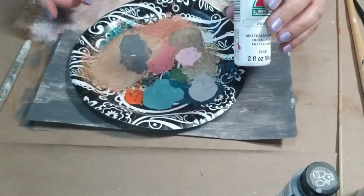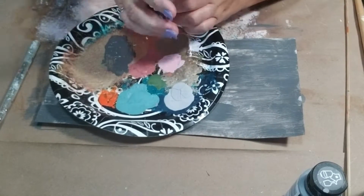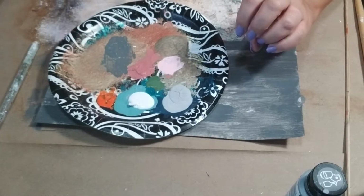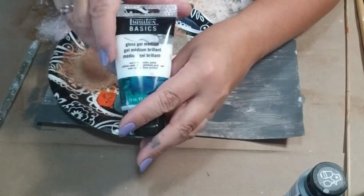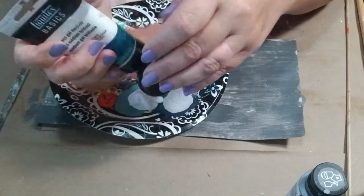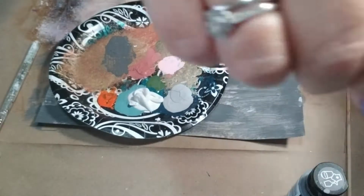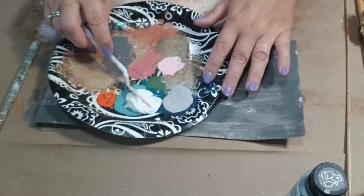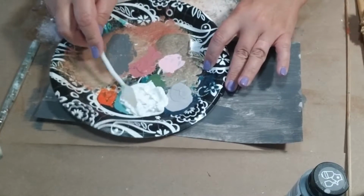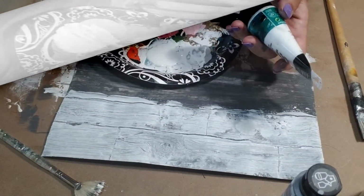Let me get my nice little ugly pie plate here out for you. Don't use anything fancy here. I'm just going to put some of this white paint, and I'm going to mix a gloss gel medium with it. So any kind of gel medium that you have, because you want to make sure, number one, that the paint stays wet when you're working with it. And the gel, especially with the craft paint, will make it more translucent. So what we're going to do